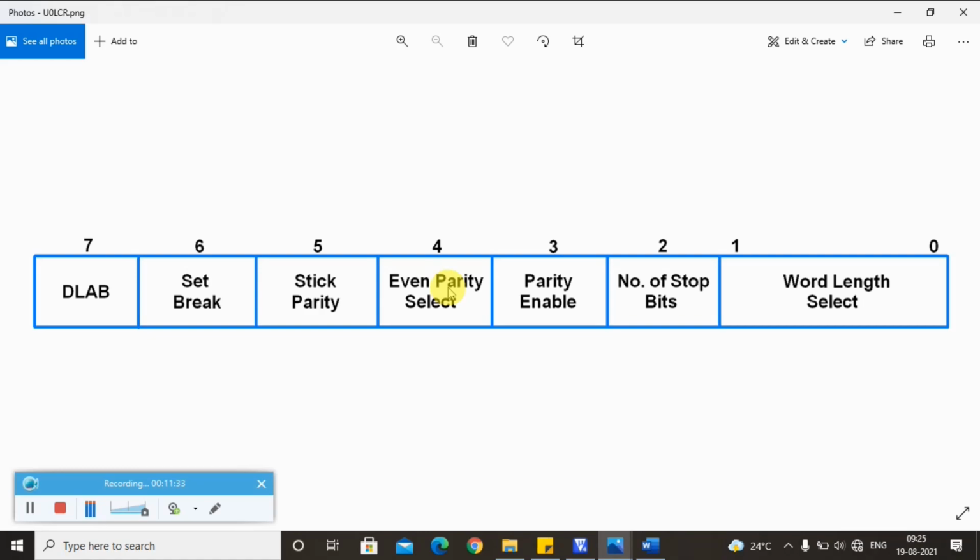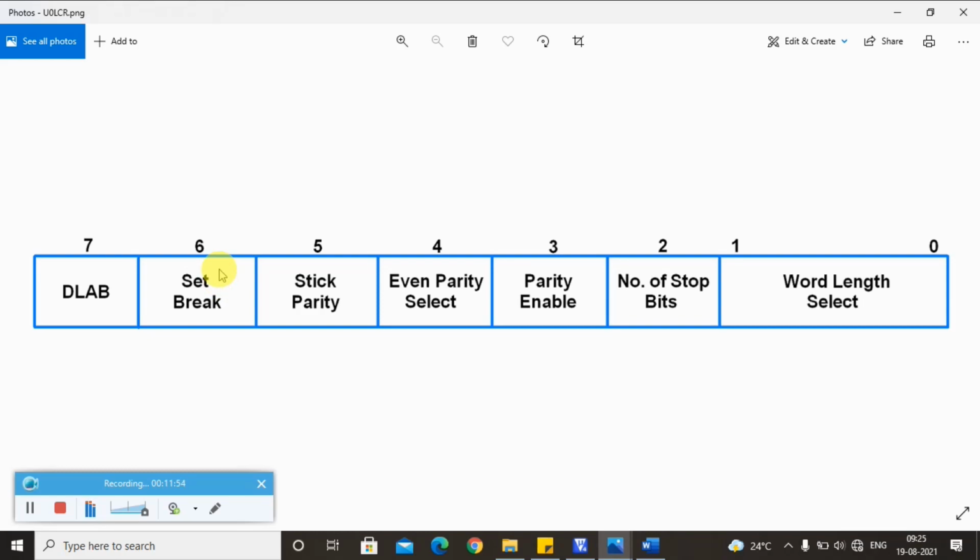Let me take you to the break control here, set break. If you're programming this bit to 1, immediately the TXD pin, that is your transmit data pin of UART, will be forced low for a period of 1 character. If the bit is enabled, then it differentiates the word.